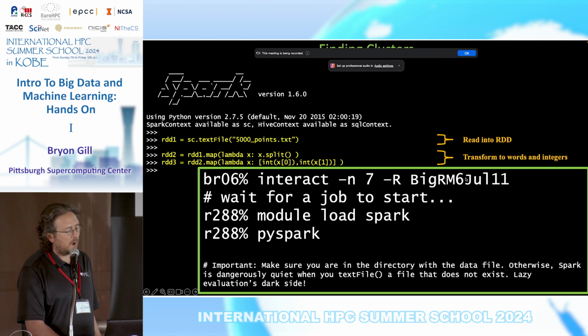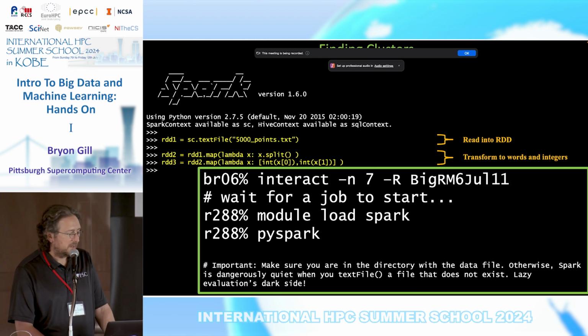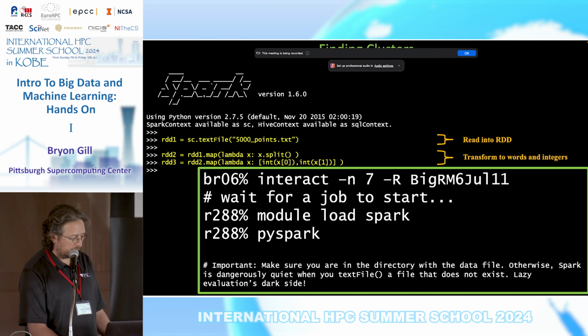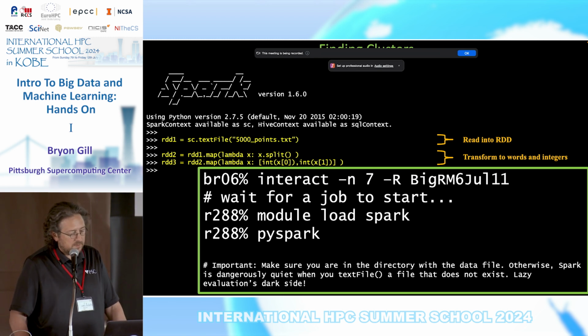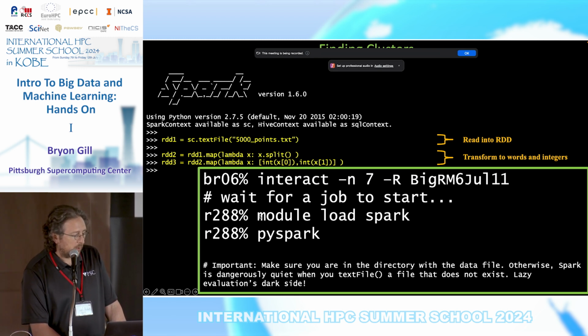Now, if you're copying out of the slides, you always have to be aware of the Microsoft change to the double dashes. So you probably want to copy out of the setup commands for hands-on file if you want to just copy and paste, or you could just type it. But since I'll be going away from this slide, you're going to want to refer back to this if you need to. Once you're on a prompt on Bridges 2, on whatever node you end up on with your interact,